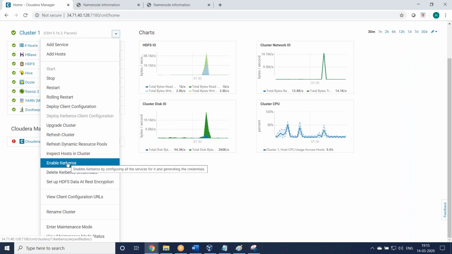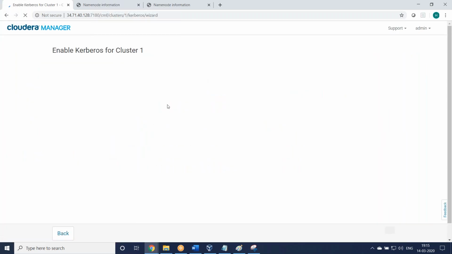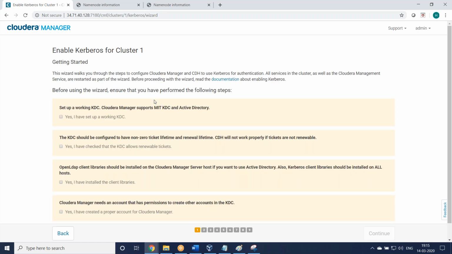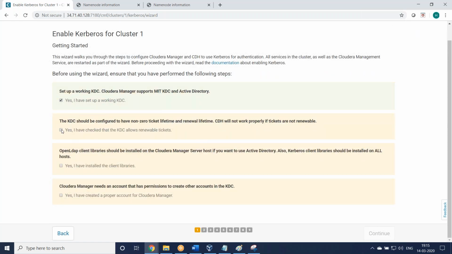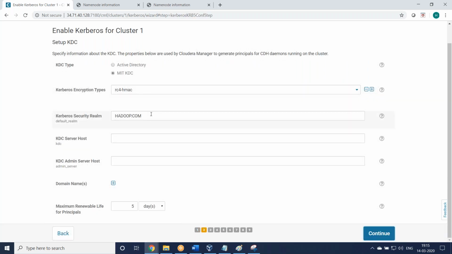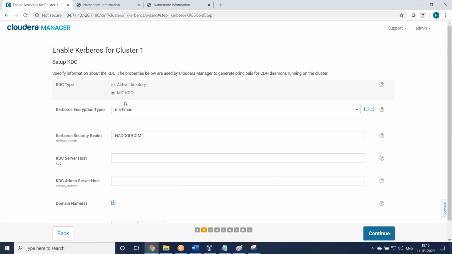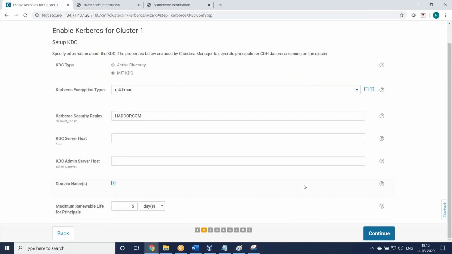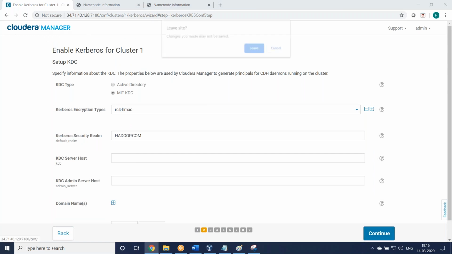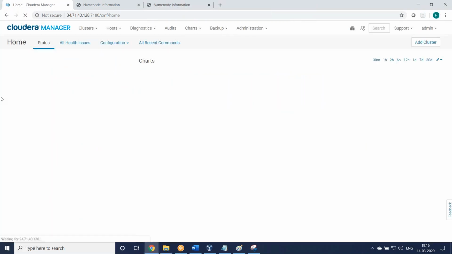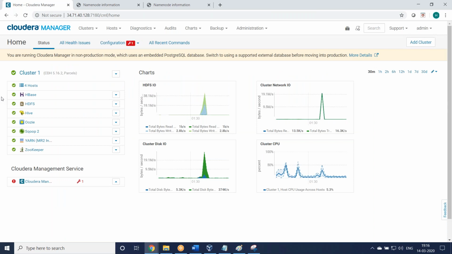Enable Kerberos means you first have to install the command line for Kerberos. After that, you click on this. Enable Kerberos, and again a step-by-step option will come. Which cluster, which server you installed, you have to select all the options. Continue. Then you have to mention the values: which server you installed Kerberos on, either MIT Kerberos or Active Directory, all the details, principals. Continue. Click on the install option. So that is Kerberos installation. Kerberos is one more security. For the remaining, let us go here. Roles. What are all the roles available in the cluster?